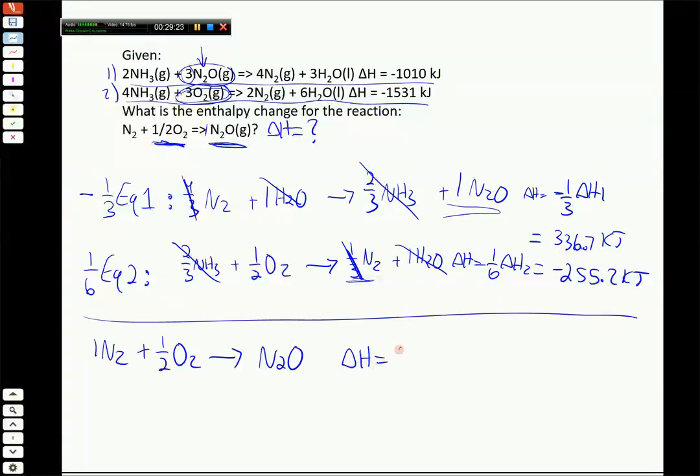going to be the two added together, 336.7 plus negative 255.2. So we just add together the two delta H's. Sorry, let me write that out again, I forgot units. So the delta H is going to be the first delta H, 336.7 kilojoules, plus the second delta H, which is minus 255.2 kilojoules, and this comes out to